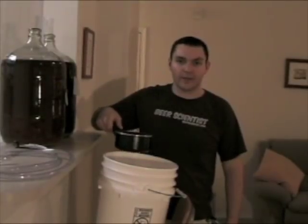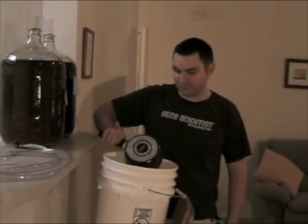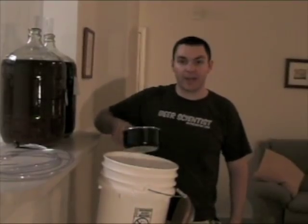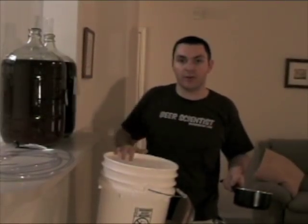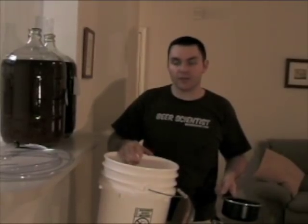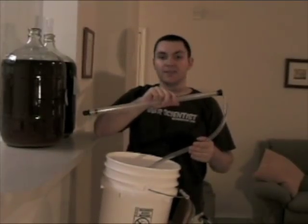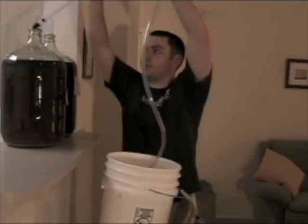Our priming sugar bath has cooled down to 80 degrees, so we'll go ahead and add it to the bottling bucket. Now when we siphon our batch from our secondary fermenter into the bottling bucket, the siphon will actually mix this priming sugar with our batch, allowing the yeast to produce CO2, which will provide our carbonation for our beer. We'll put this 2-piece siphon into our batch, get a few good strokes on it,